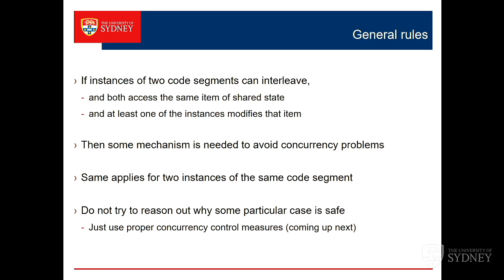These concurrency control measures exist because it is really, really hard to get it right without them. A lot of smart people have spent a lot of time getting this right. And there's always the classic where someone says, oh, I'm going to write my own transaction system. You think, you really don't know what you're talking about if you say you're doing that. It is really very hard to get right.